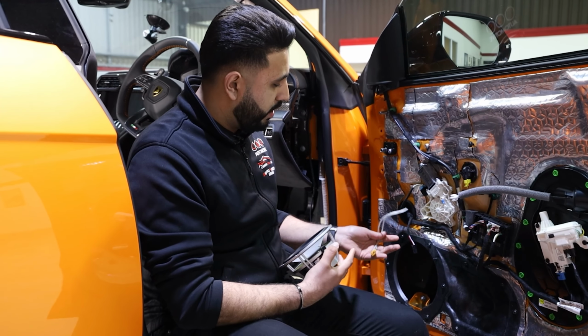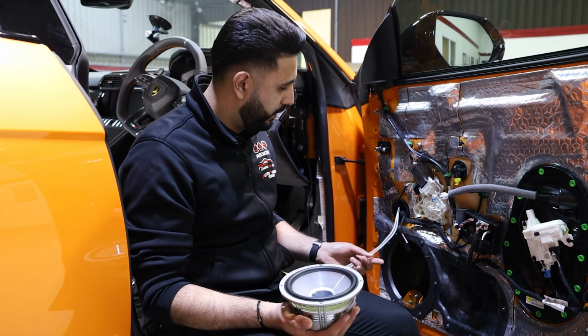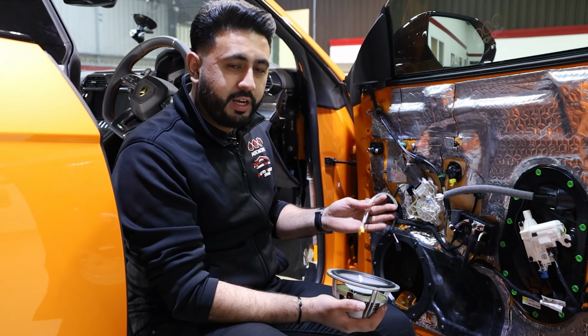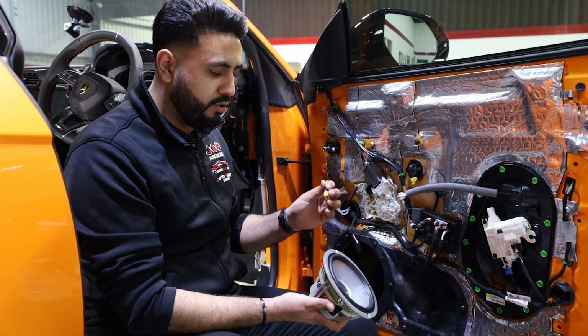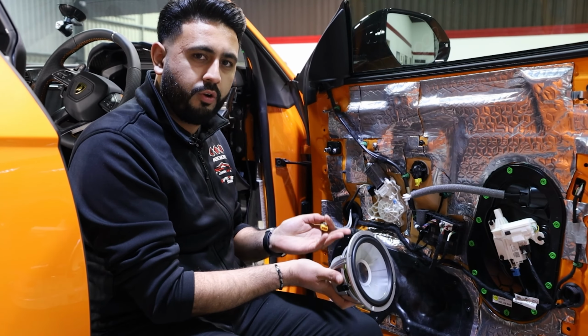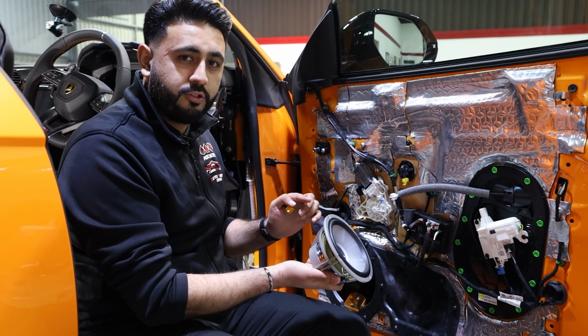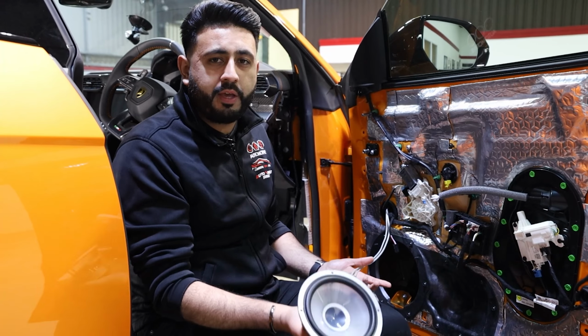In terms of this as well, obviously this door card and this speaker might need to be removed at some point. Just like the factory component has factory connectors, we've got our own connectors using an XT60 plug and soldered connections, and this will go directly onto the component itself from a little fly lead that will come off the terminals of the component. What this means is that the speaker is completely removable, the door card will be completely removable as well,